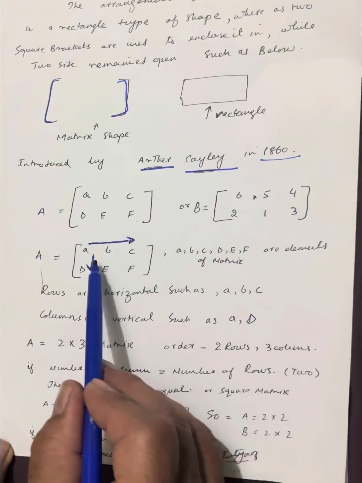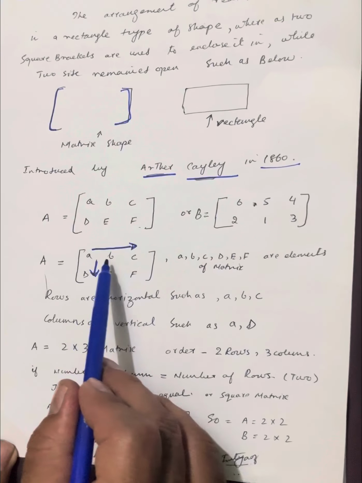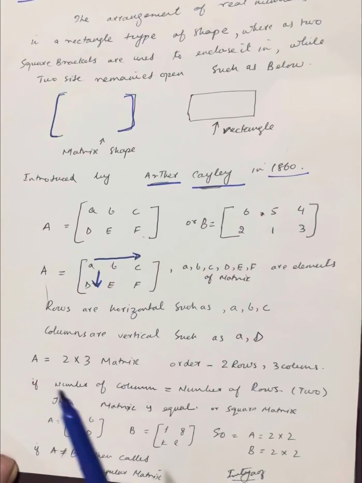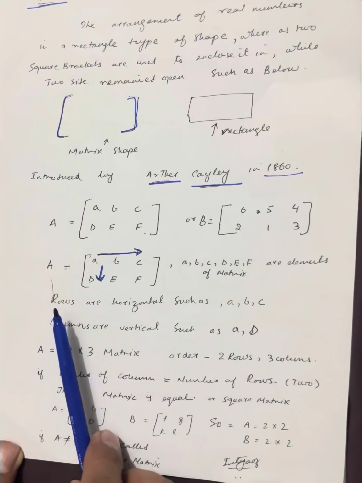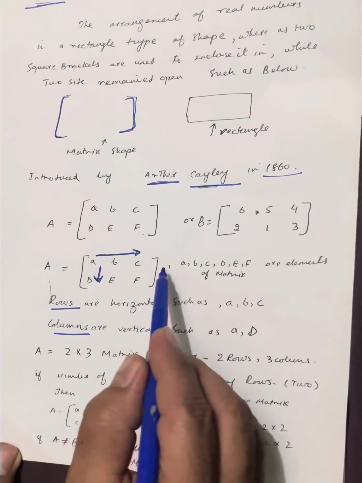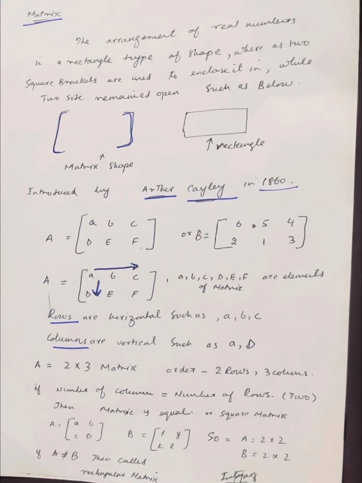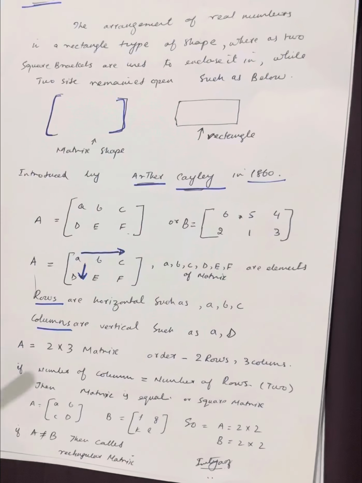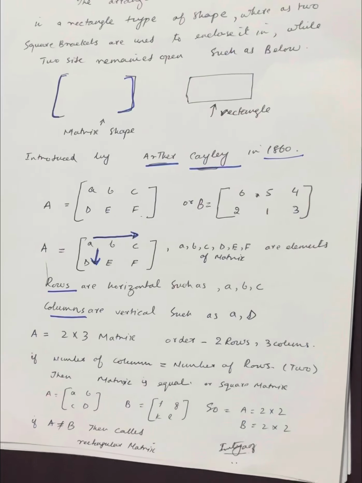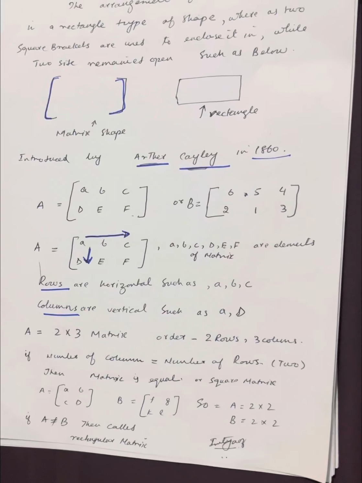So this is A, B, C. This is rectangular, with two rows and three columns. The columns are vertical and the rows are horizontal. So this is horizontal, the rows, and this is vertical. In matrix A, this is a 2 by 3 order matrix, in which the rows are 2 and the columns are 3. If the number of columns is equal to the number of rows, then it's called